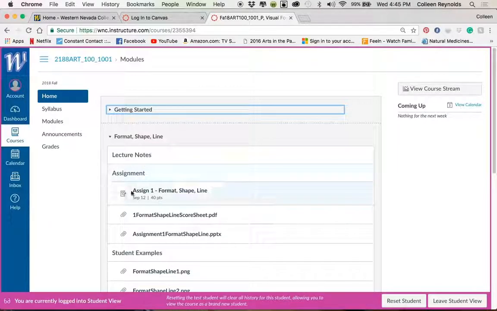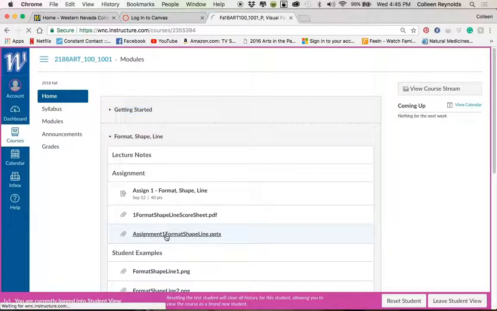So within the first assignment, you'll see here there's the assignment itself, and then there's a PDF score sheet that tells you, the student, how I'm going to score individual assignments. And then finally there's an assignment 1 format, shape, and line PowerPoint file. So what you're going to do is click that link,